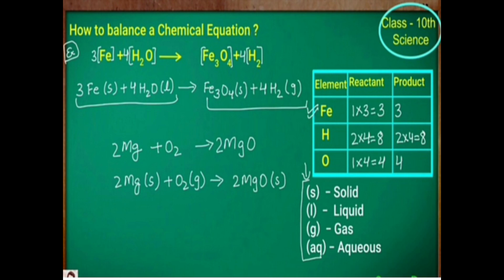Iron can also be said as ferric. We can term iron as ferric. Now let's balance it. So if we want to balance such a complex equation, what will we do? We will first make a column. We will make 3 columns. First we will write elements. Here I have written, as you can see, elements, that is 3 elements are involved in this: iron, hydrogen and oxygen, right?